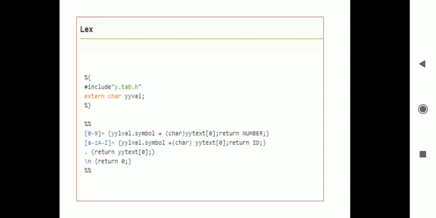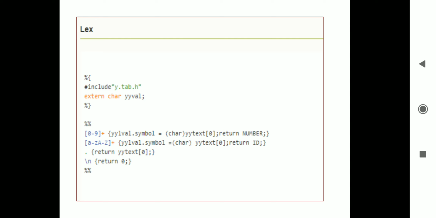The first section is the declaration or definition section, which is written between percent left curly brace and percent right curly brace. In it we write the declarations or definitions, containing the declaration of variables and definitions of any header files.